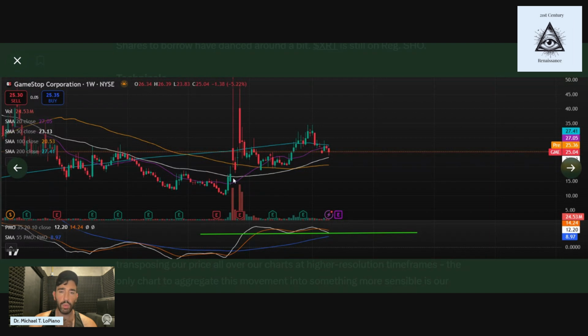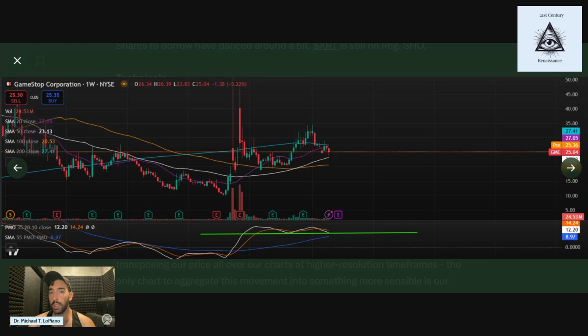And of course, what is interesting is the price, right? Our 50-week moving average is very similar to our 55 moving average, which Roaring Kitty himself uses as a signal line on his Rory Kittinger charts, or has used. So taking a look at that, is this perhaps a way that we can get some better insight into GameStop's technicals if we zoom out, seeing as we've talked about how this transposition looks like we're snipping parts of the price action and then moving it down a perfect fifth or something, if we're using this image of a musical staff.